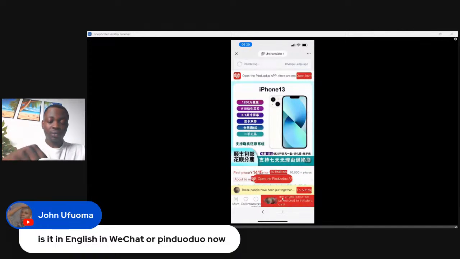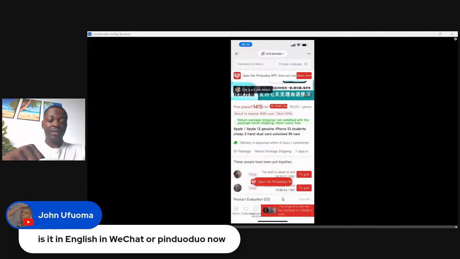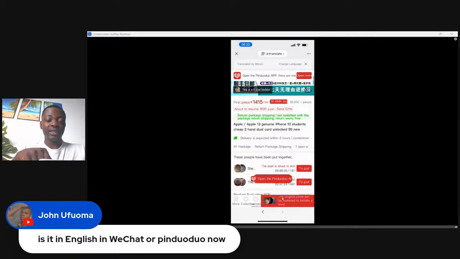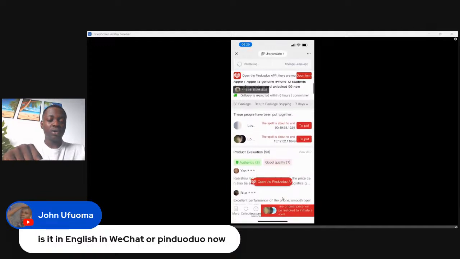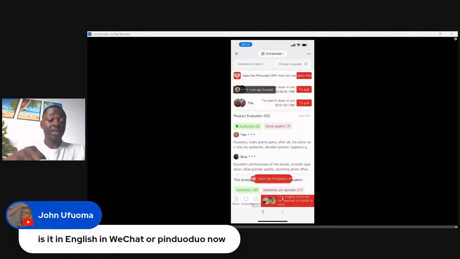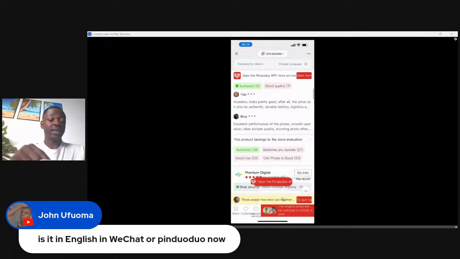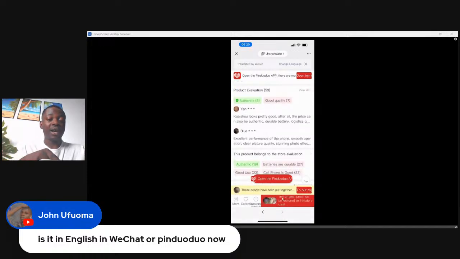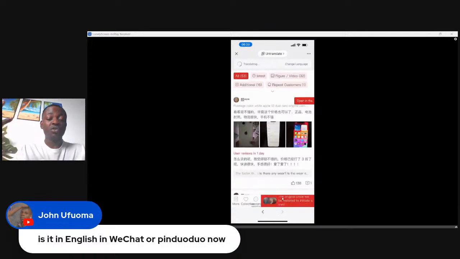So I've translated everything. It is talking about Apple 13, genuine iPhone, cheap. This is second hand, dual card, unlock, 99 new. So with this, you can really read and understand everything. Everything is translated. Now look at the reviews. Product evaluation: 53 people have given reviews of the iPhones